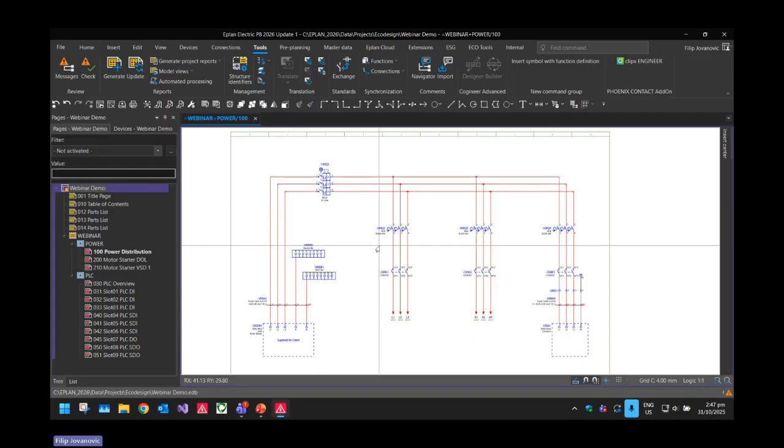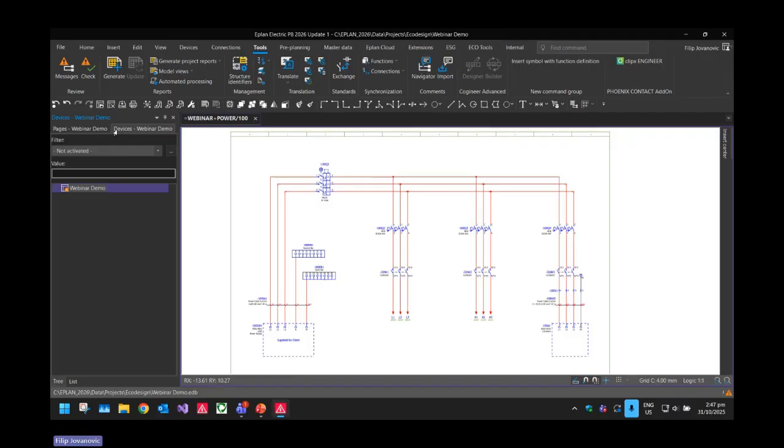So there's some nice features in the PLC Bus Extension, so I'll go over them one by one. The first one I want to talk about is the schematic generator. And the way this works is pretty simple. If you go to your device navigator,